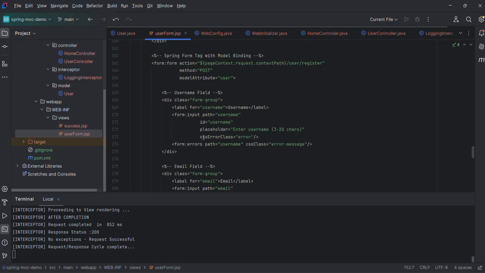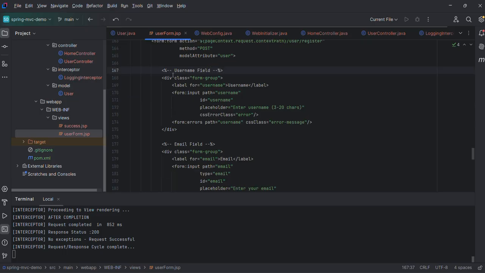The first thing is the Spring form tag with model binding. Whenever we hit the register button, it's going to call the post method, and it is going to invoke user slash register in the controller, and this is where we are binding the user bean here, and we are designing the